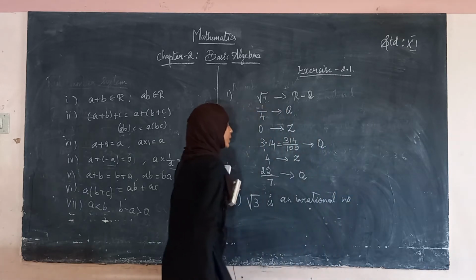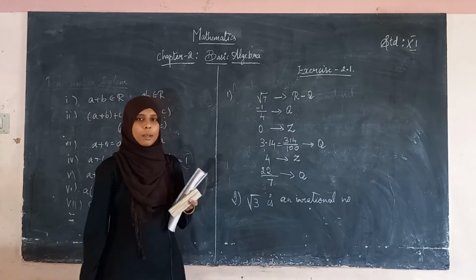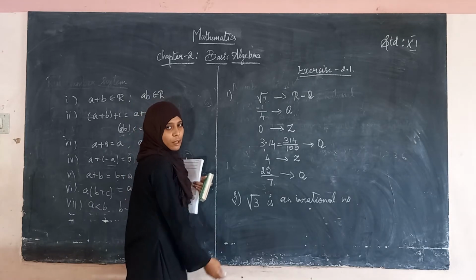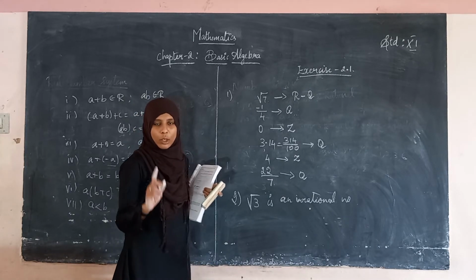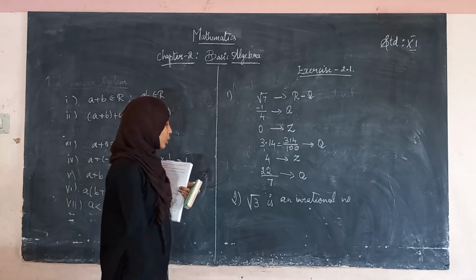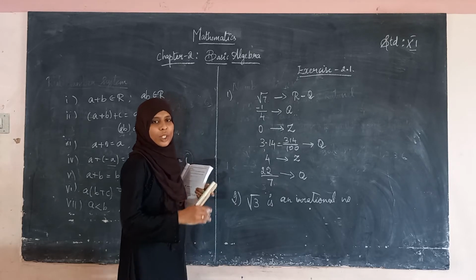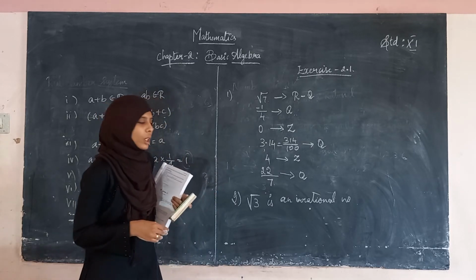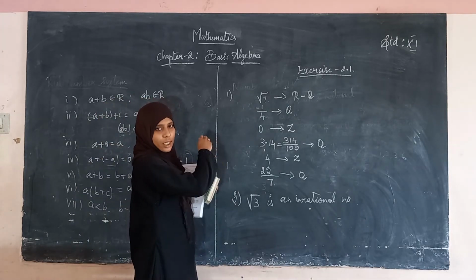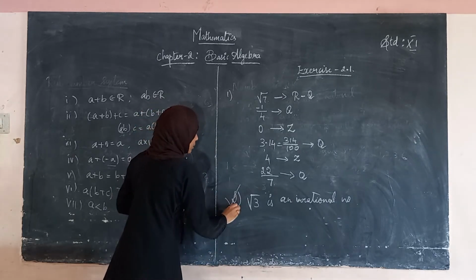What you have to prove? First let us take root 3 as a rational number. Then rational number means m divided by n. Therefore, root 3 is equal to m divided by n. It must have only one common divisor, that is 1. Okay. And again what you have to do? We have to square on both sides. Then we get m square will be equal to 3 into n square. Similarly as we have done in the problem in example. Okay. So, this is the assignment for you.